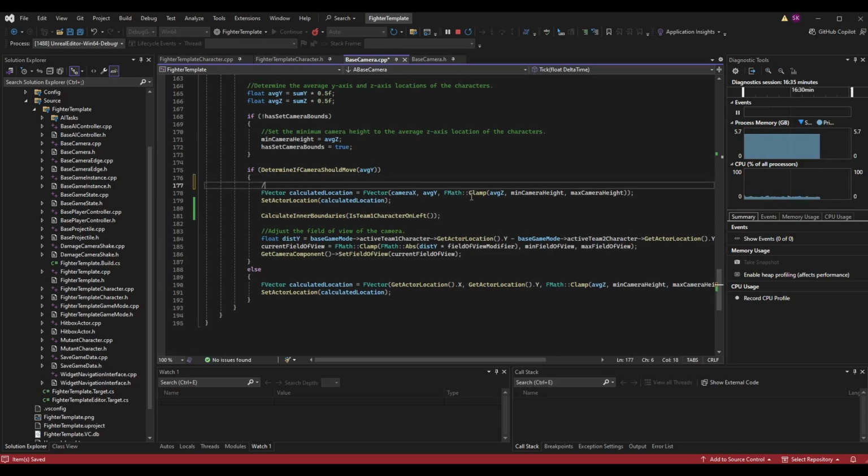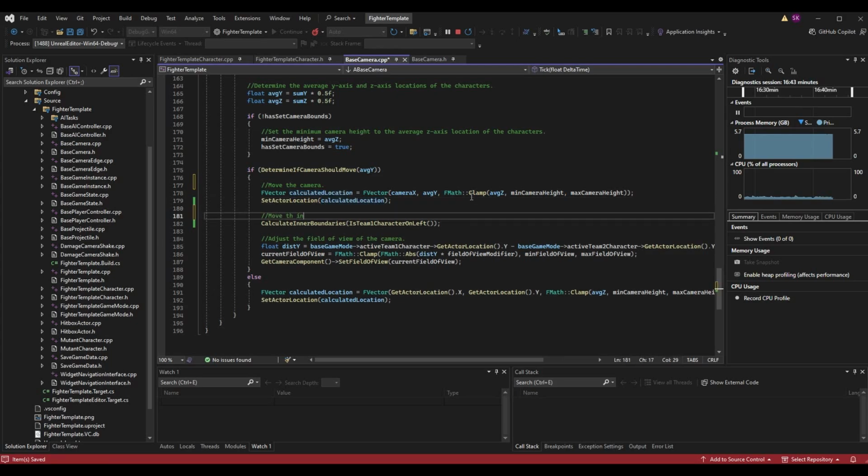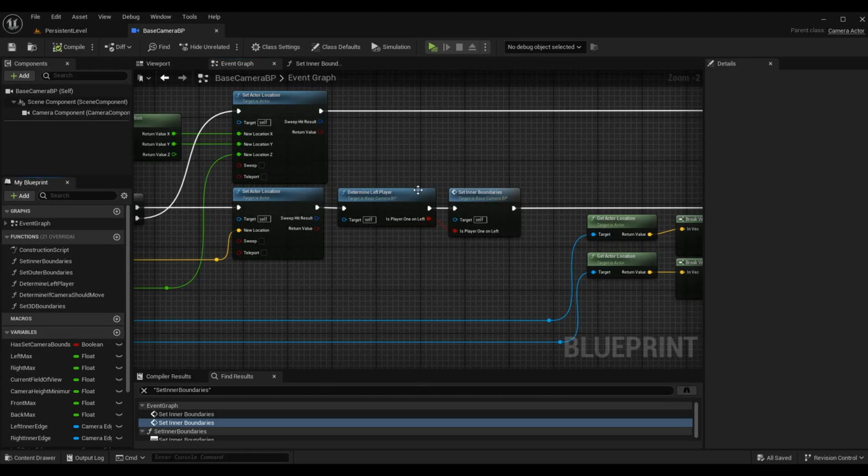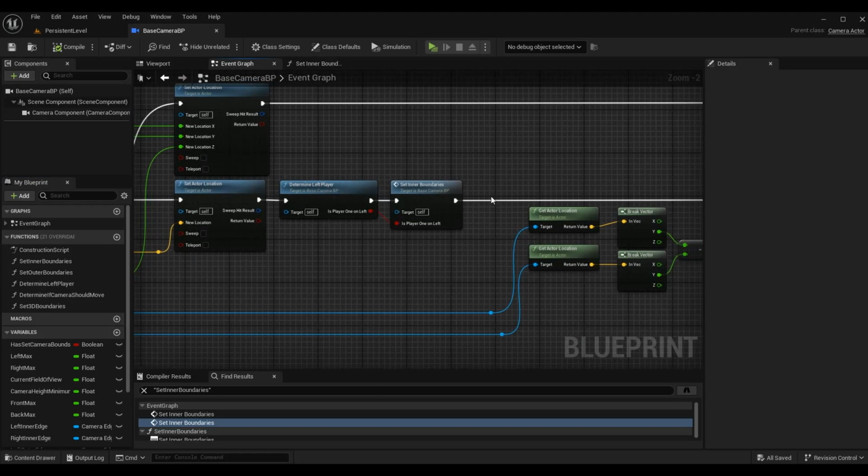I'm going to add some comments here. Move the camera. Move the inner boundaries. And I'm going to add a comment to the else here. Move the camera. Excellent. So now we have covered all of our places we need to use determine left player and set inner